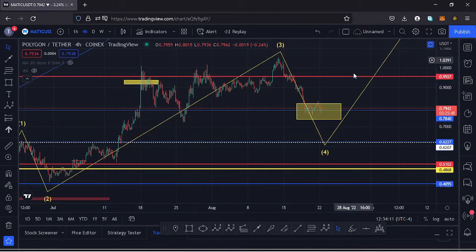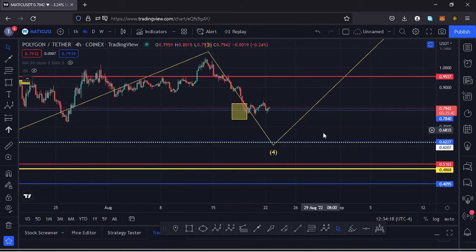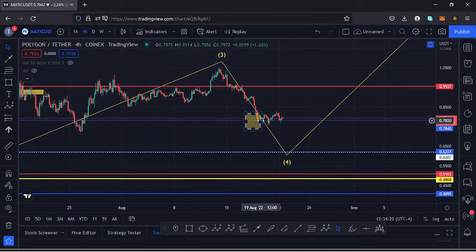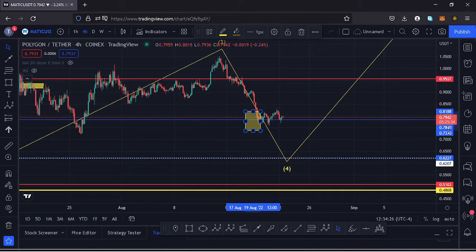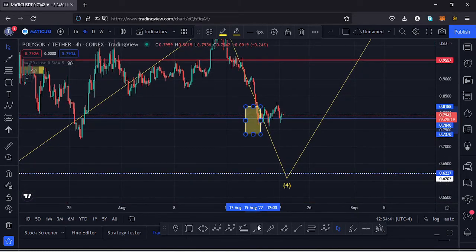So using that yellow marking, you can see the price of Polygon Matic has continued to respect that. We have come down into that target area here on the charts, and within this target area we also have a key area of support at around the $0.78 mark, and in that movement to the lower side you can see we came to around the $0.78 mark. We found support and we are seeing a very nice retest here on the charts. Hope you can see it.